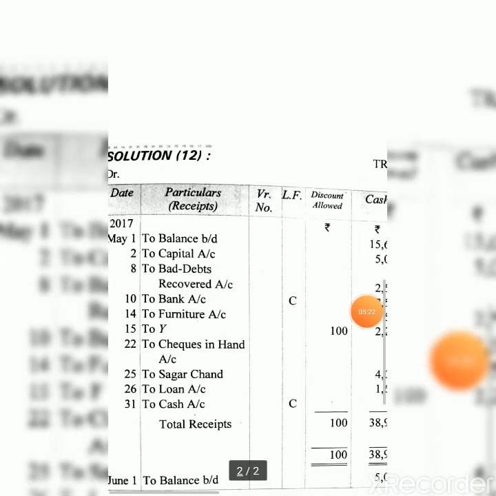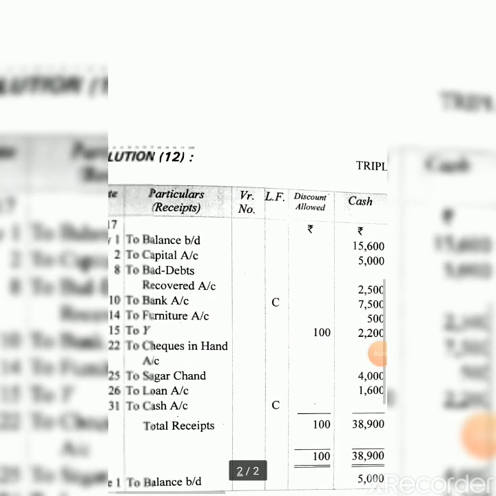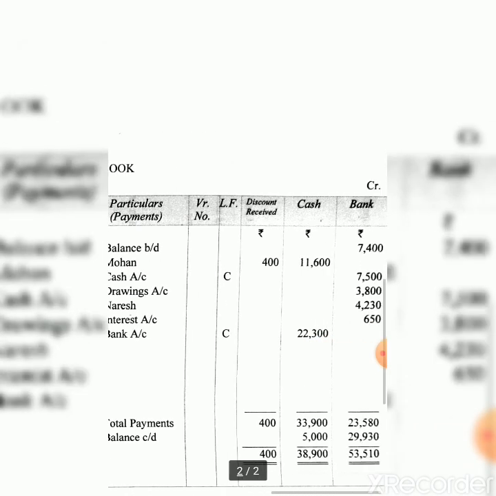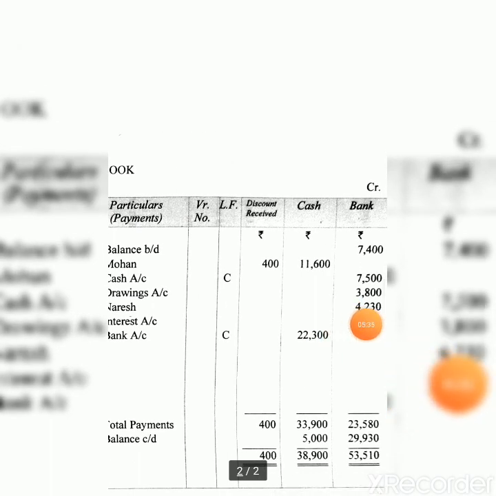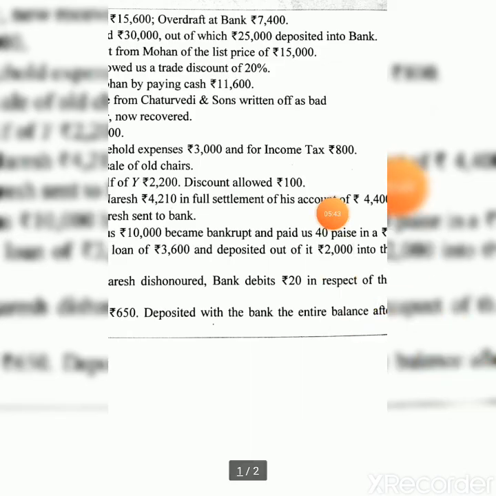Now let's see what is the treatment on the debit side. So To Bank, here cash will be added. So 7,500 comes into cash. Again, out of that, drawings were made amounting to 3,800, because income tax is also supposed to be a drawing, and income tax means that which becomes due on income.